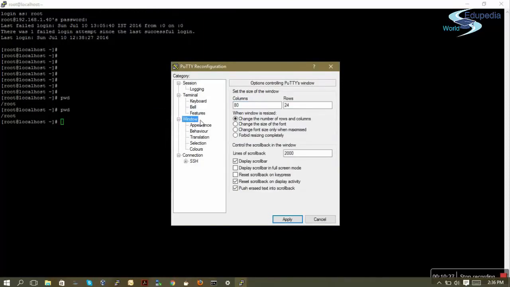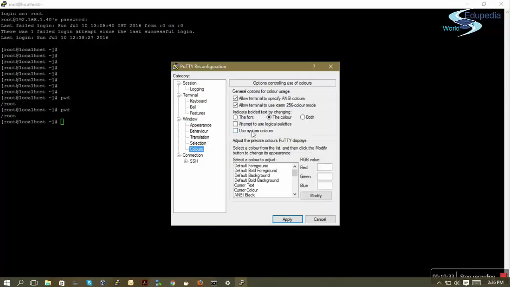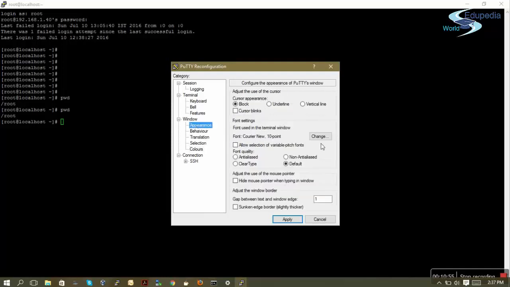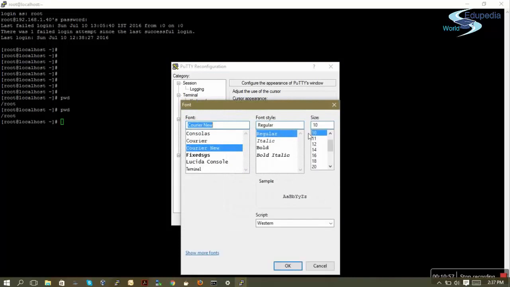First of all, click on Windows and come to colors. In colors, click on use system colors. This will change your color theme and make it a little more visible. Instead of the black background, it will use the white background. Apart from it, you can also go to appearance and change the size of your font. Right now it is size 10, but let us make it 16 so that it is clearly visible to all of us,